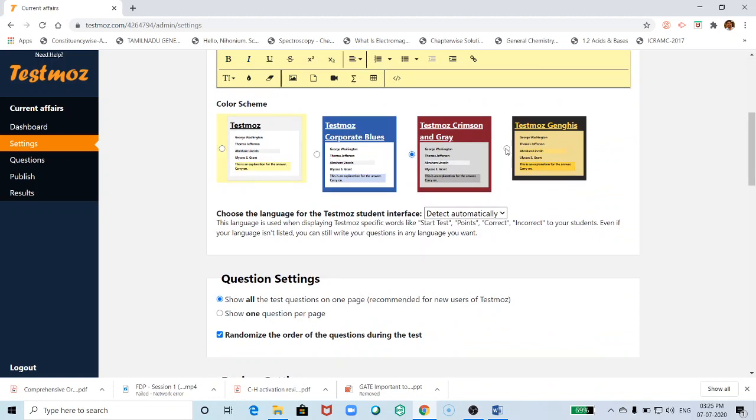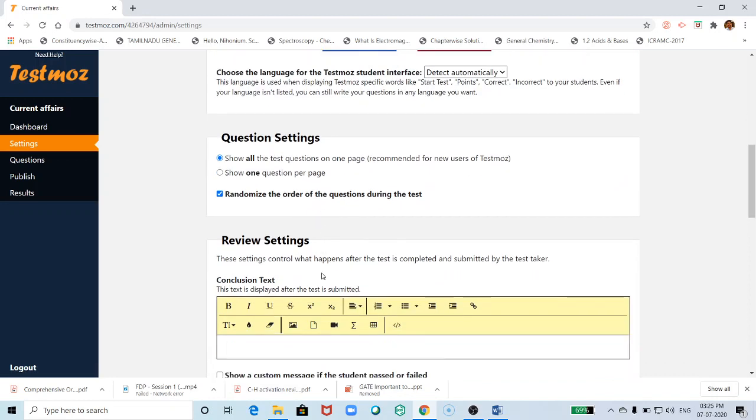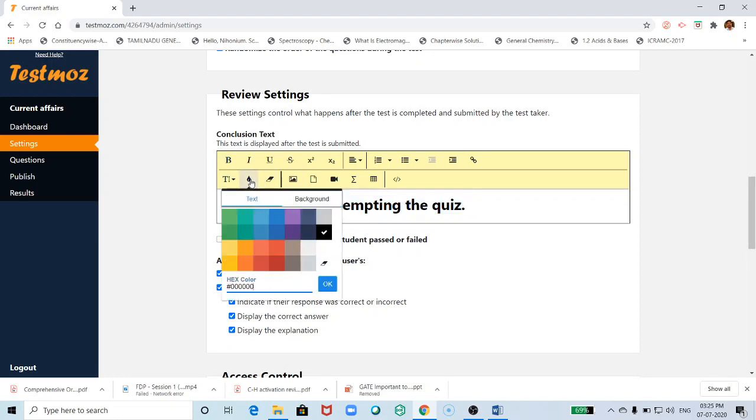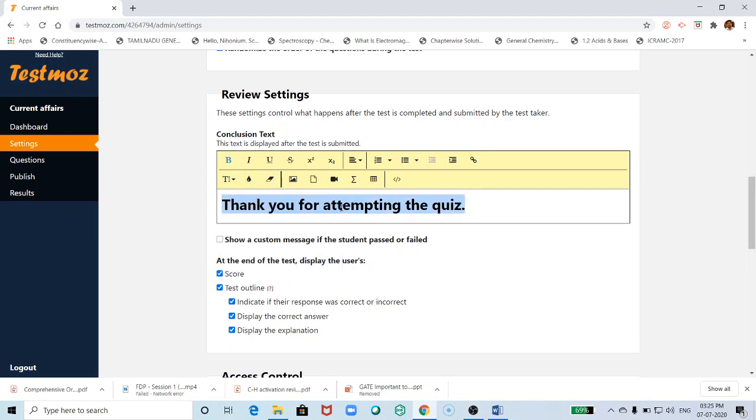They have given 4 templates, you can choose any one of these. In the conclusion part you can give, thank you for attempting the quiz. Like this you can give whatever you want. You can increase the font size and change the color.